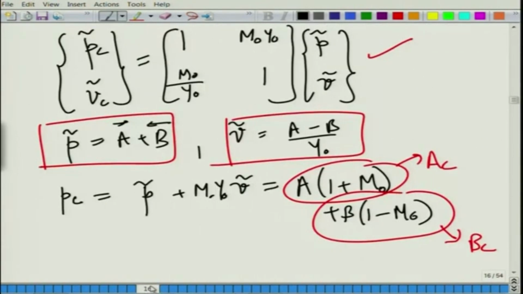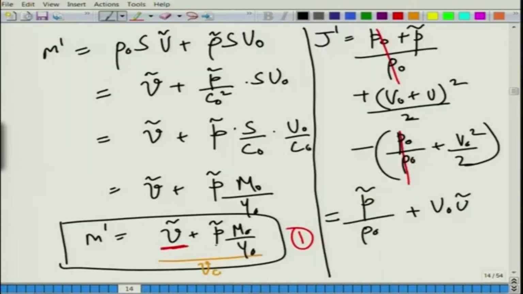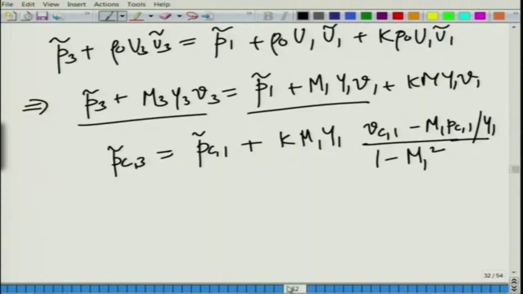P c is equal to P tilde plus M naught y naught V c. So, clearly this is the one that we are using. There was yet another one, which is your velocity, V tilde plus P tilde M naught y naught. So, we just need to get the proper relation using the appropriate subscript. Once we do all the maths behind it, we put in all the relations in terms of the convective state variables and simplify the maths,